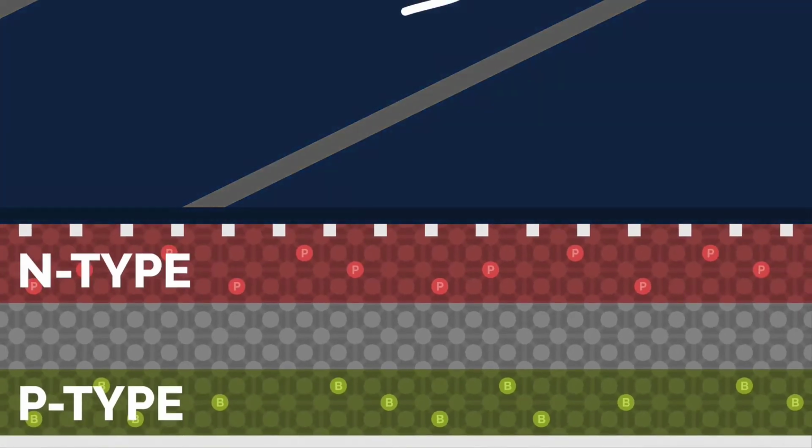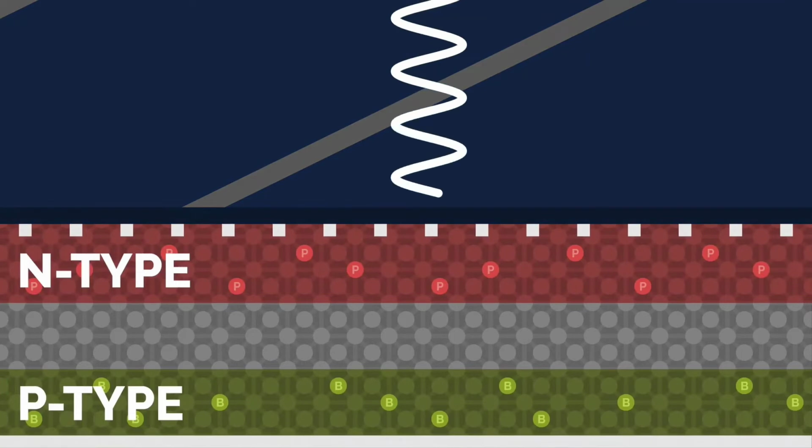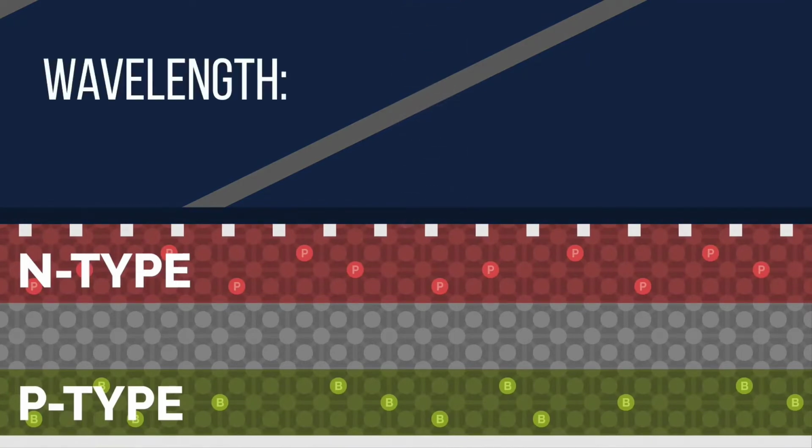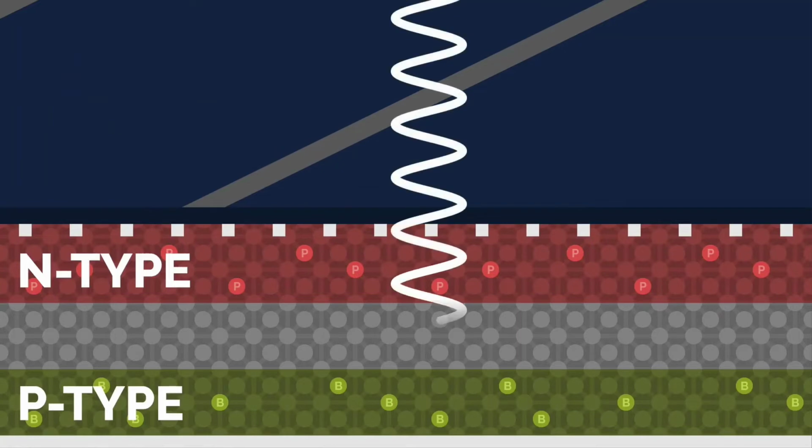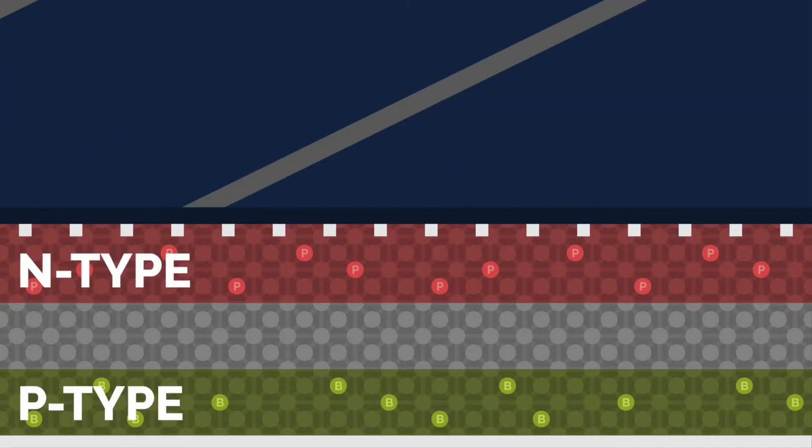When light waves hit the top surface of the silicon solar cell, only light wavelengths from a specific window of the solar spectrum, 350 to 1140 nanometers, are absorbed into the middle layer of the solar cell. This range of wavelengths includes the visible spectrum. Ultraviolet wavelengths are so short they stop at the surface, and infrared wavelengths are so long they cannot be absorbed and pass right through the cell or are reflected back.